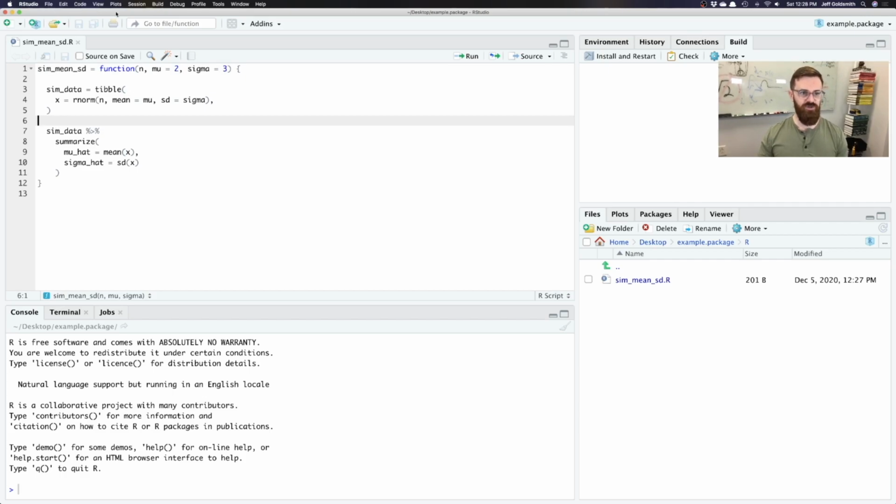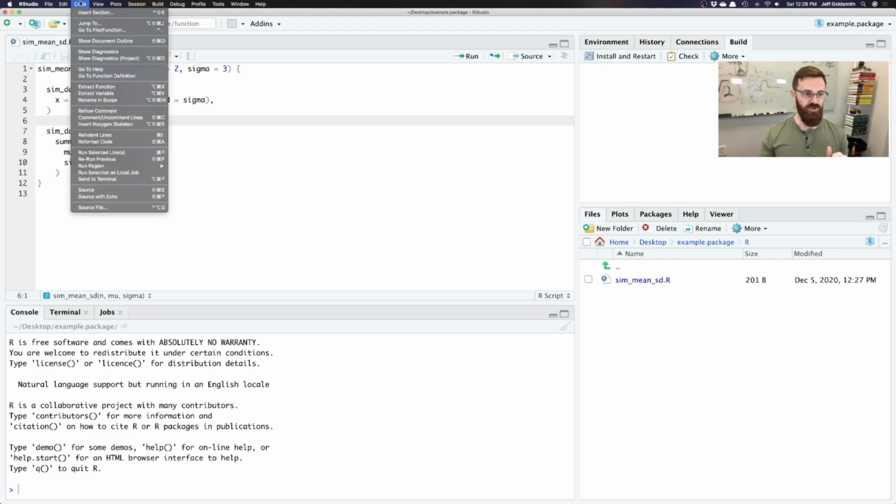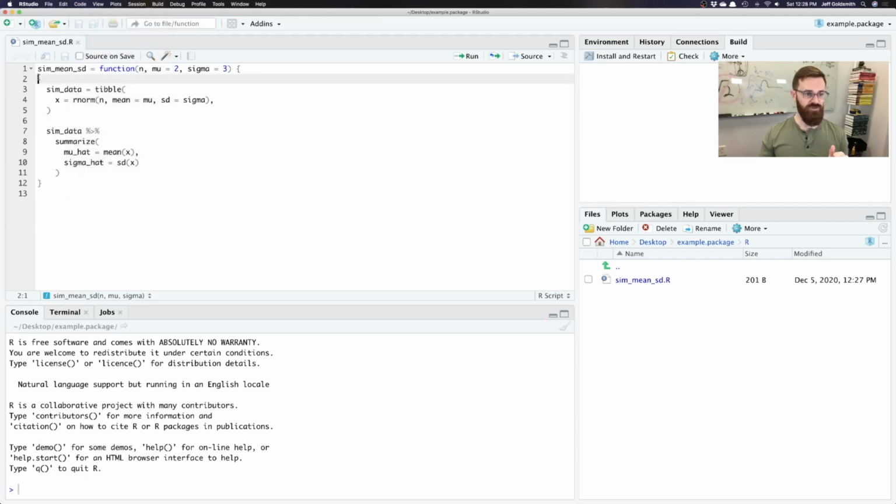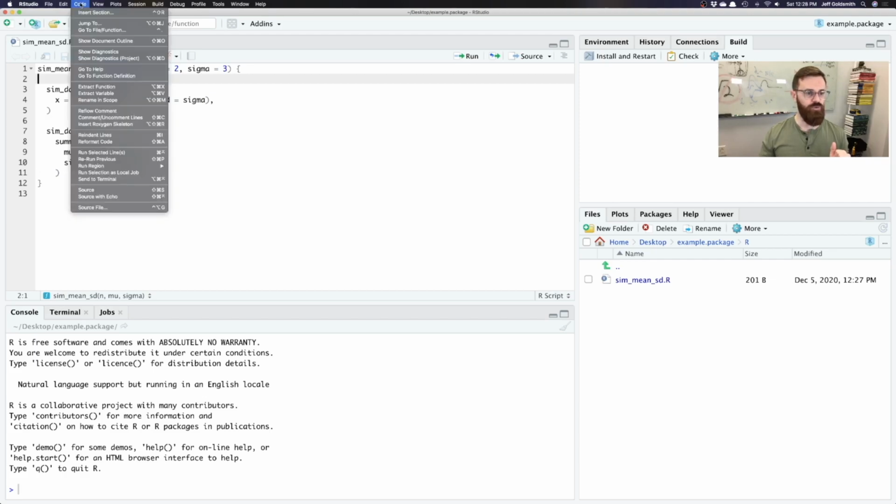The next thing that I need to do is add some documentation. And this is where things are going to get a little bit strange. The way that I'm going to add documentation is using an infrastructure called Roxygen. And we're not even going to worry so much about what that means or how you might use it. What I'm going to do is, with my cursor on the inside of this function, go to Code,